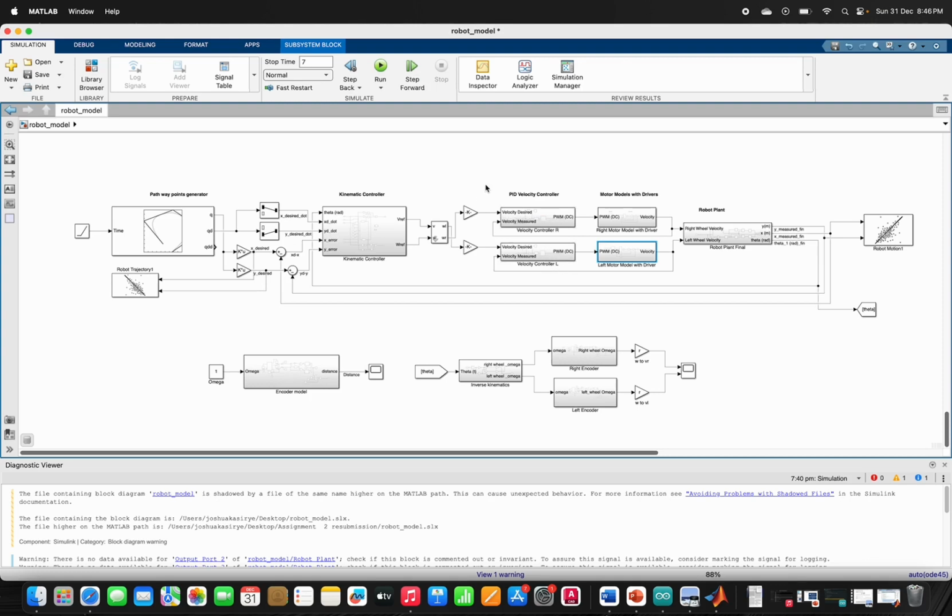Now, to get the desired velocity, we have what we call the kinematic controller. This controller helps us control the motion of the robot in the x and y plane so that it can easily navigate to a desired path. In this particular controller, it inputs the theta, which is output by the model itself and fed back into the system, as well as the